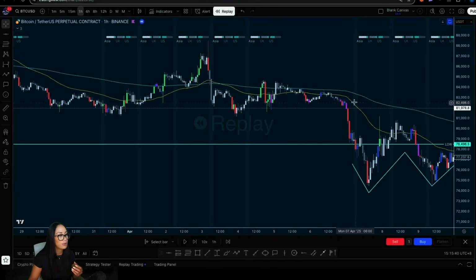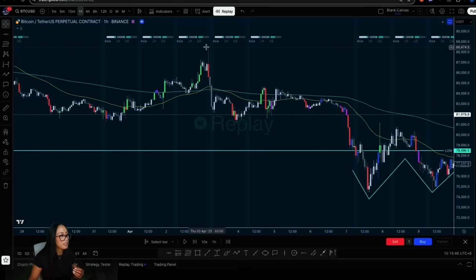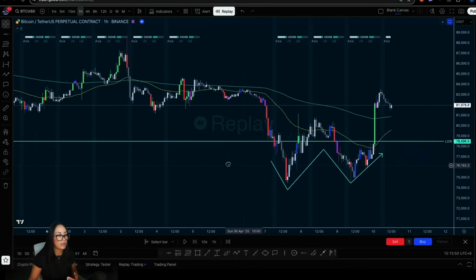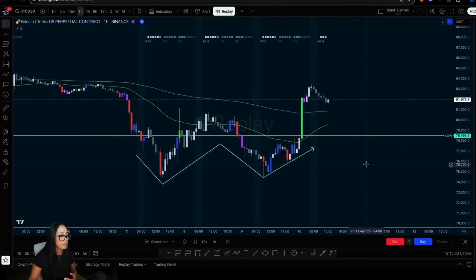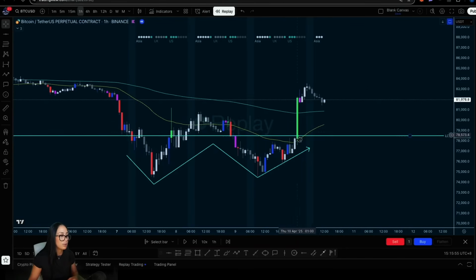New York to Sunday 5 p.m. New York, the highest point is the high of the week. The lowest point is the low of the week. So I'm just going to mark that level out because I believe that it will be relevant to this price